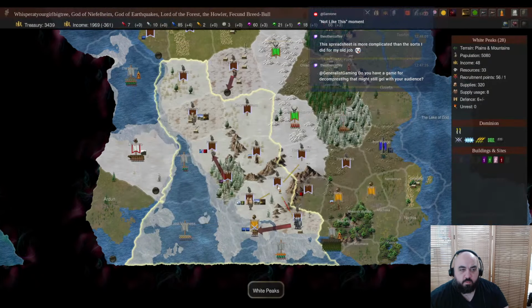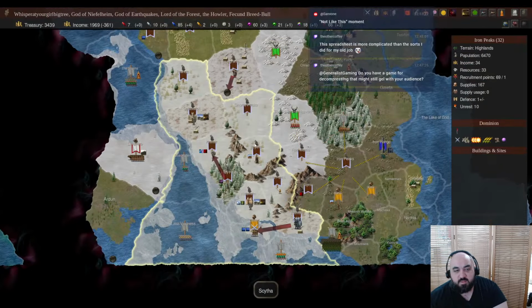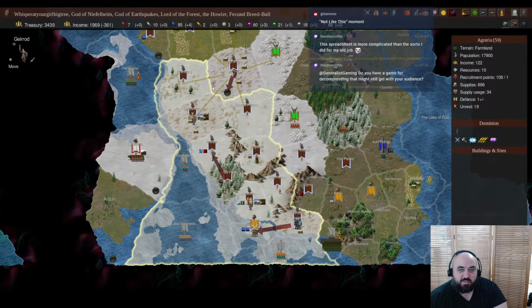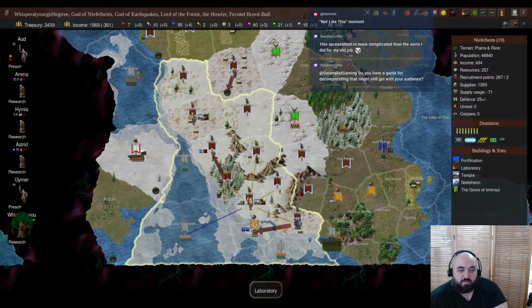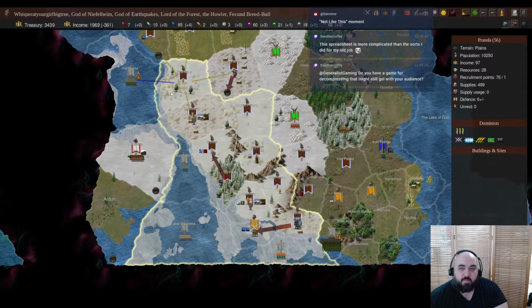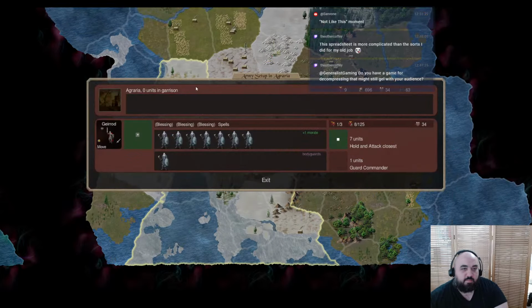Where do we want a fort? I kind of want to put one there, but that's just stupid. So we can recruit the other things faster. But that's going to interfere with Niflheim. We got to spread our forts out more. I think forts right on top of each other is a lot better when you're playing